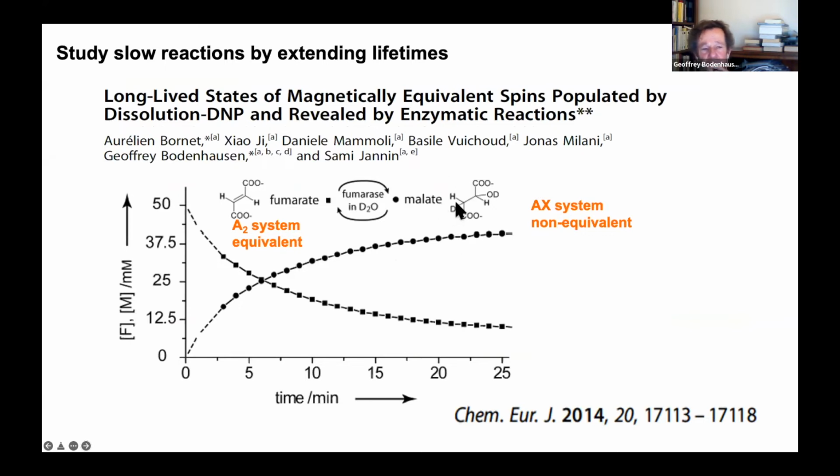Here we're back again. So never click on your mouse. We have one deuteron here and an OD here. So this molecule is completely asymmetric and unsymmetric. These two protons are quite inequivalent and they form an AX system. Consequently, the singlet state that was locked in this totally symmetric molecule is now suddenly released and spontaneously converted to observable magnetization. And you can watch the growth of the signal, which is proportional to the growth of the concentration, if you ignore the fact that it, of course, relaxes like all things do in NMR. So this is an interesting way of monitoring the kinetics of a reaction.